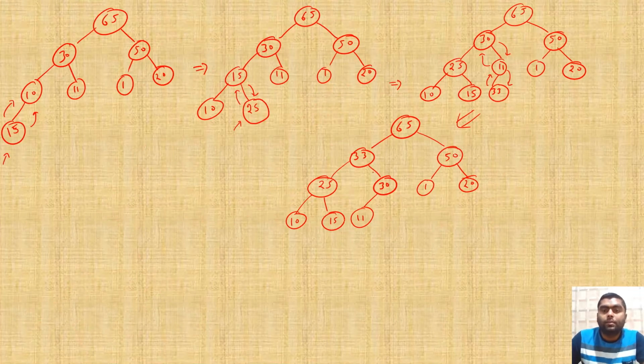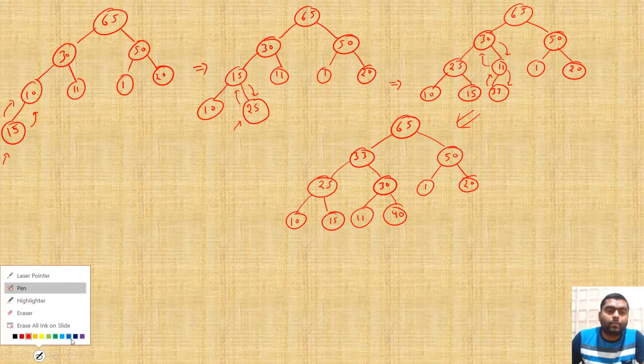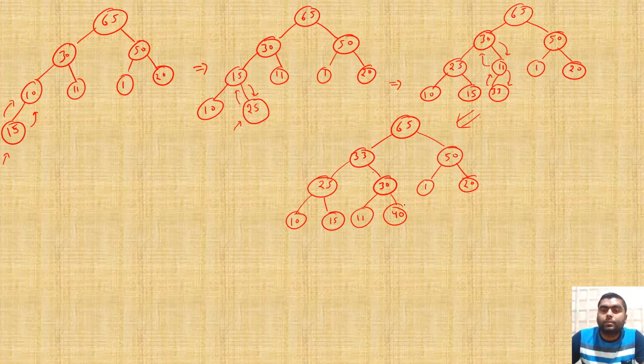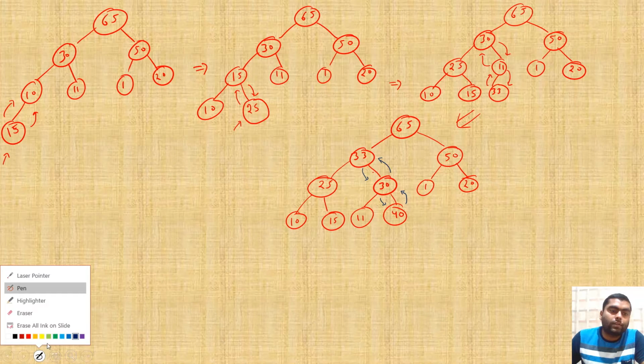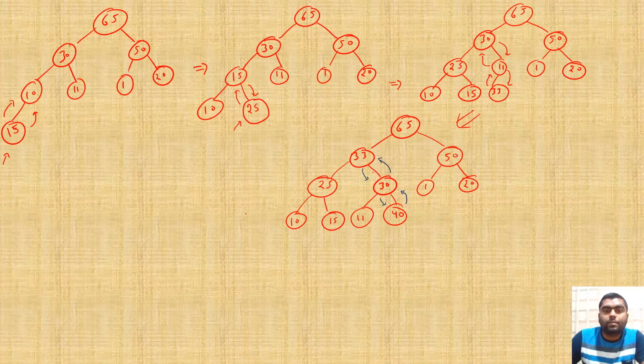40. So what about the 40? So 40 will come over here. Okay. So what will happen in this case? This will go there, this will go, and like this the part will be changed, according to the max property. So now let us draw the final tree. So what will be the resulting tree after this?